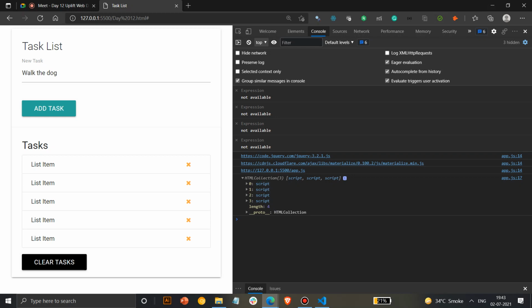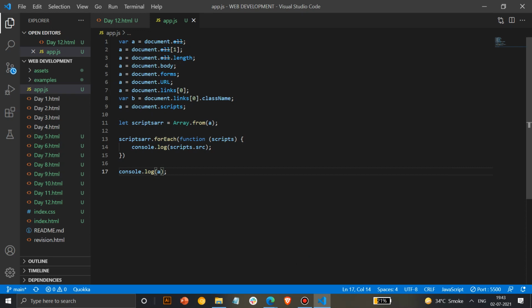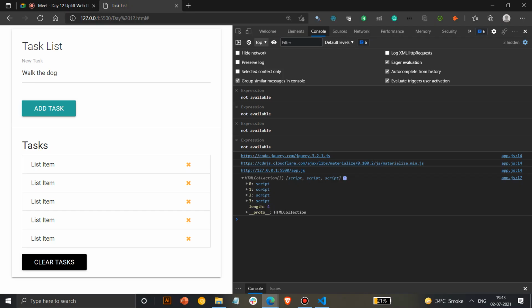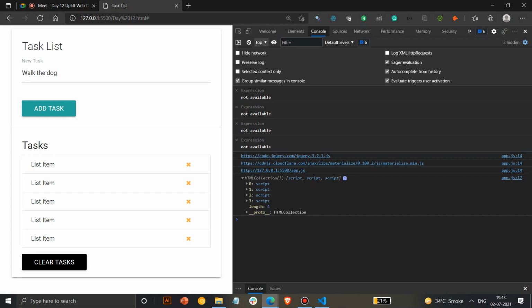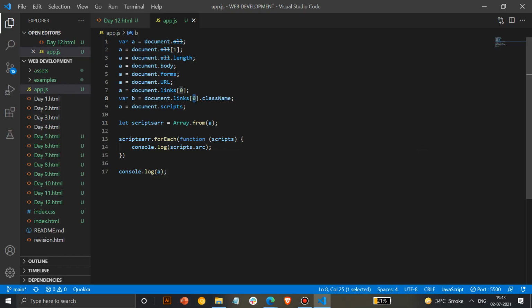You can access a specific element, like 0, 1, 2 and 3, by calling them in brackets like an array. But you can't print all 3 of them together. So to do that, we convert this scripts collection to an array, where we save these as script 1, script 2, script 3, at specific indexes like 0, 1, 2. And then through these indexes we use a forEach loop.